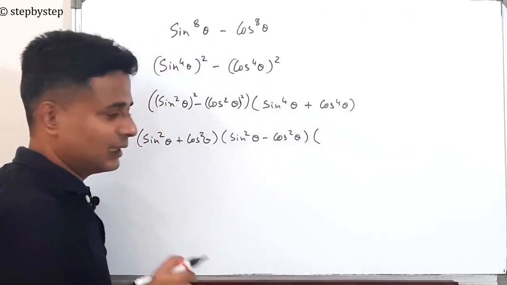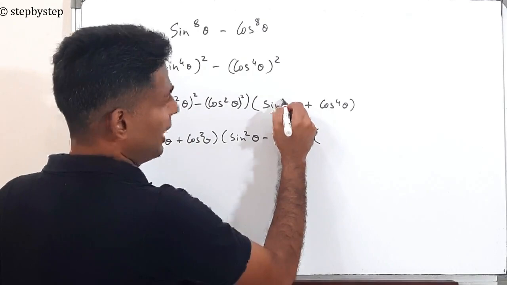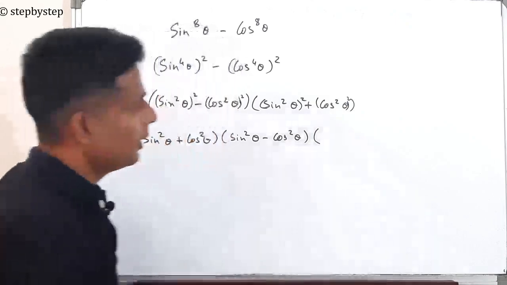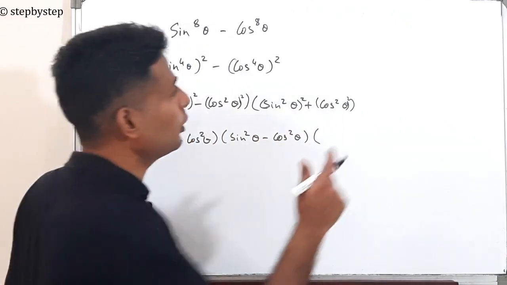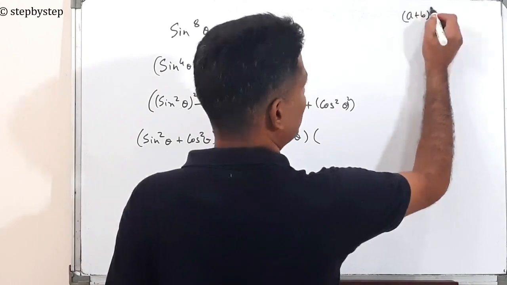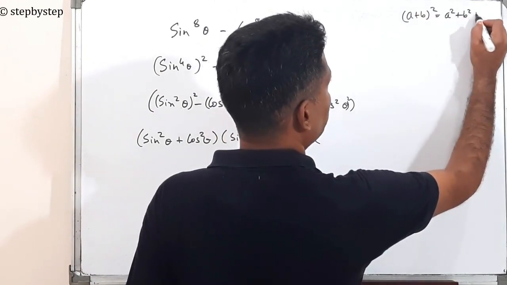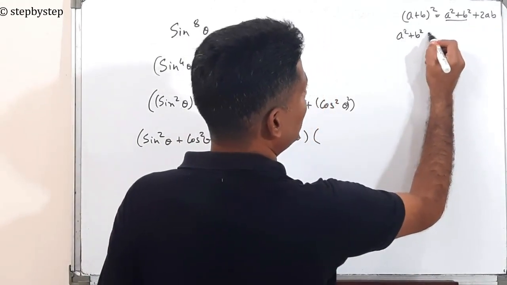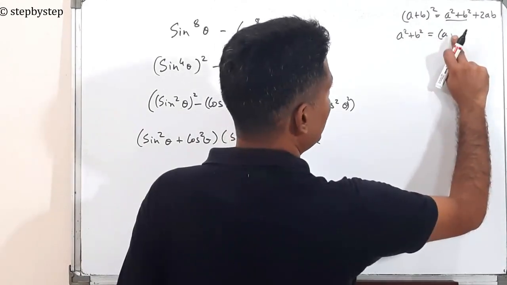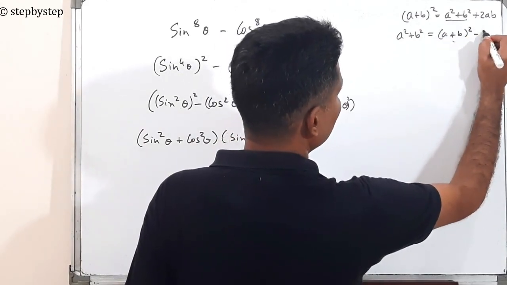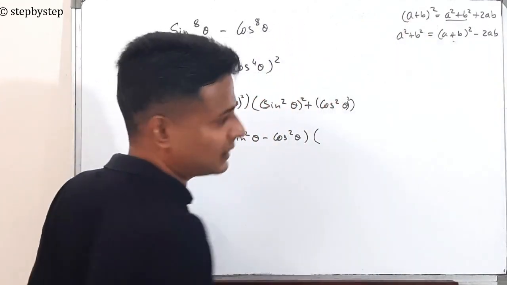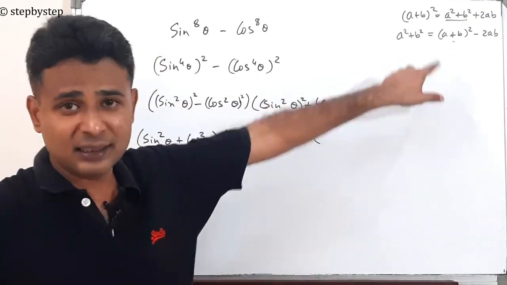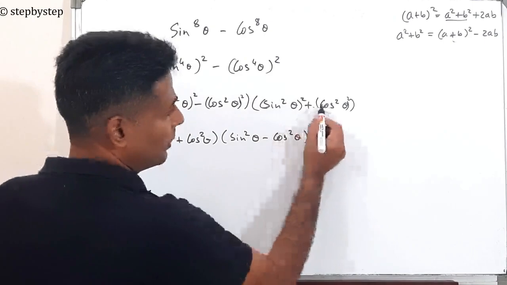And here guys, now this is the point. Here I can write this as sine square theta whole square, and here I can write it as cos square theta whole square. Now this is of the form a square plus b square. If you remember the formula, a plus b whole square is a square plus b square plus 2ab, right? So what will be a square plus b square? A square plus b square will be equal to a plus b whole square minus 2ab. Basically I am just taking this 2ab that side. So whenever you have something in the form a square plus b square and you cannot do anything, apply this formula.